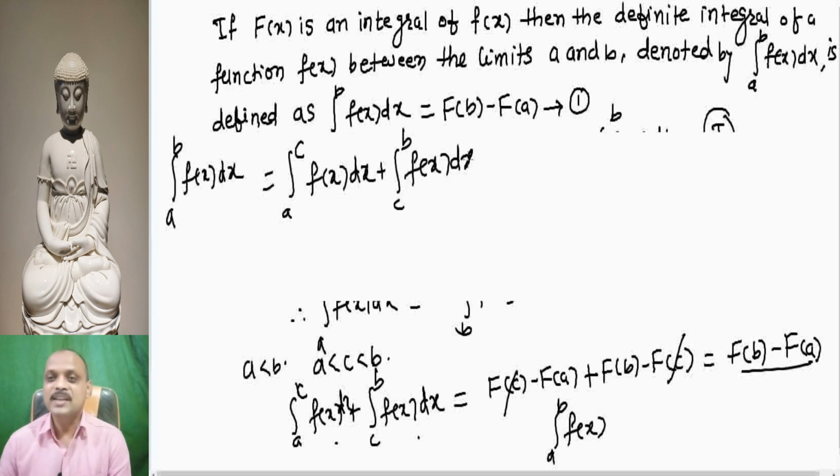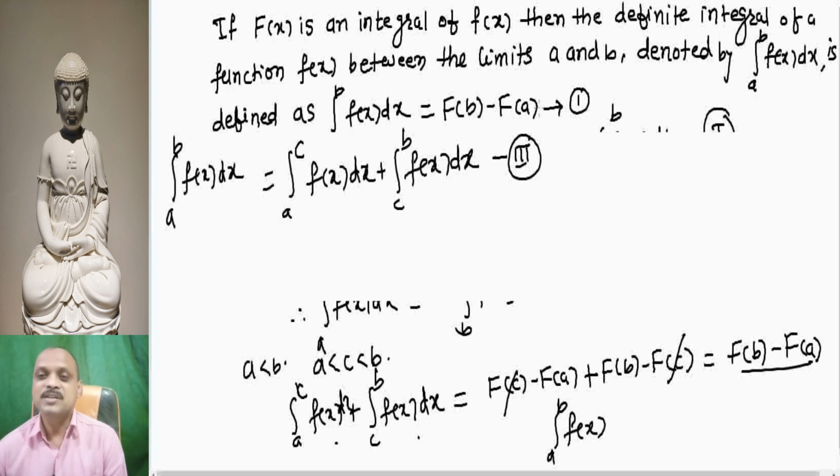We have divided the range of the definite integral. What is range? Range is the interval between the upper limit and the lower limit. b is called the upper limit of this integral, and a is called the lower limit. So whenever there is a point between a and b, the upper limit and lower limit, we can divide the range of this definite integral and split that integral into two parts. Now the question arises in our mind: can we divide the range at a definite number of points?